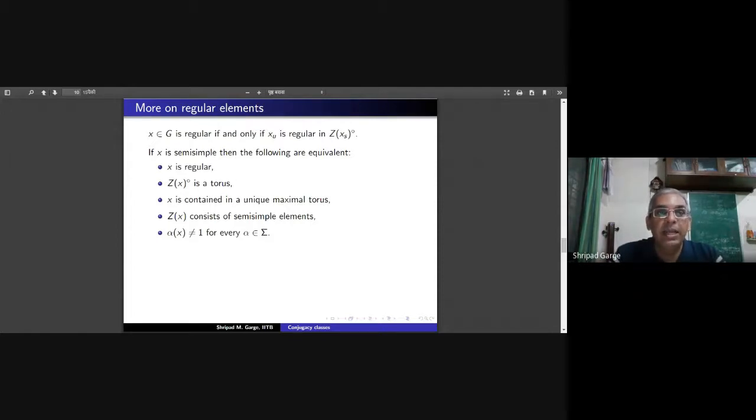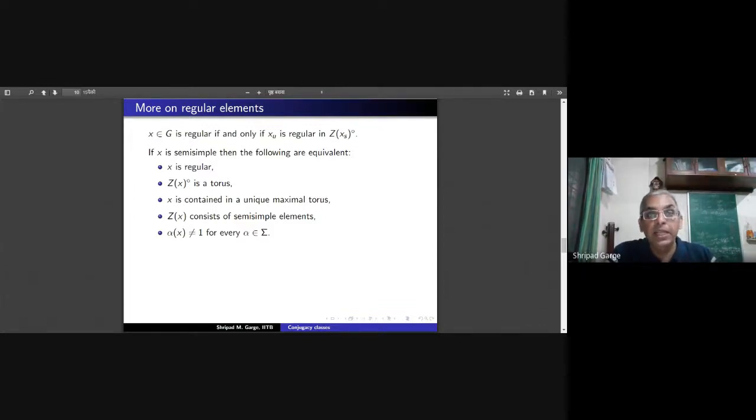So this is a maximal torus. And that means that X is contained in a unique maximal torus. There cannot be two distinct maximal tori which contain your regular semi-simple element. So this is very nice, and we have a slightly similar statement for unipotent elements also. So a regular semi-simple element is contained in a unique maximal torus, and moreover, if your